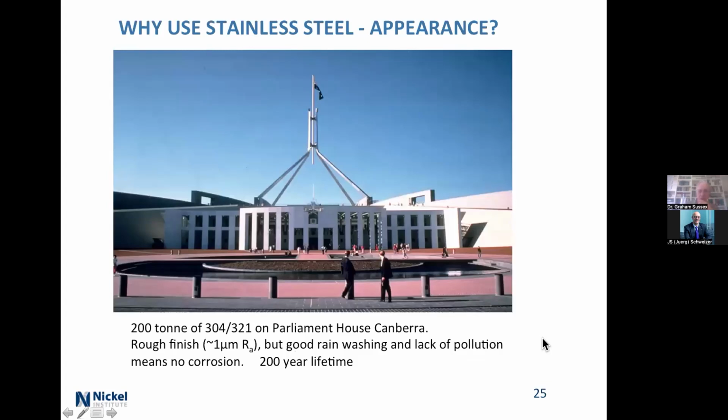You use stainless steel for appearance. This has got a 200-year design life. Parliament House in Canberra. Been up there, right up to that spot. Beautiful view of Canberra. The surfaces are moderately rough, but the only sort of contamination is the Bogong moths coming past. Well, actually, not anymore. There's not nearly as many as there were, but quite a rough finish, about 1 micrometre. And it's 304 or 321, which is just a version of 304, which is easier to weld. And they're talking about 200-year design life, and yeah, not a problem, the amount of rain that there is up there. I won't make jokes about hot air rising.